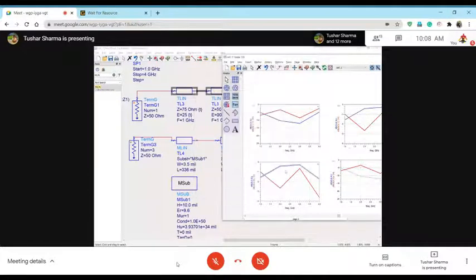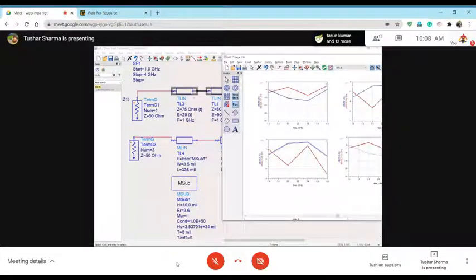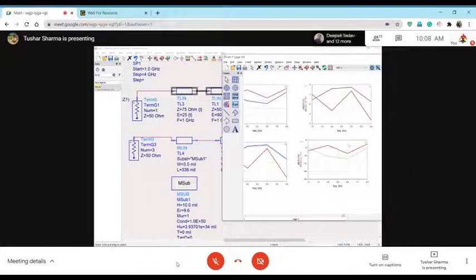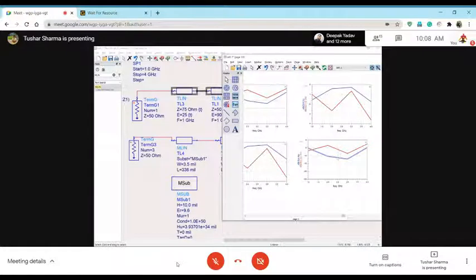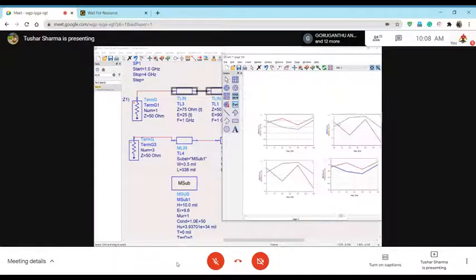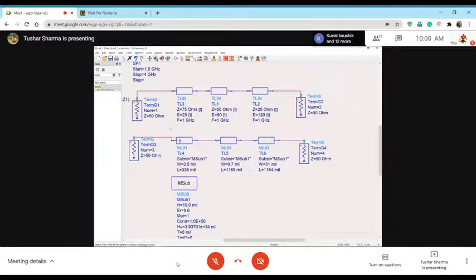Because what I want, if my initial design was design 1, and when I take real substrate effect into the picture my design 2 changes, then technically I should have tuned my length and width and tried to make them as close as possible. But they are different. Now, that's okay. But this still doesn't consider any electromagnetic effect.